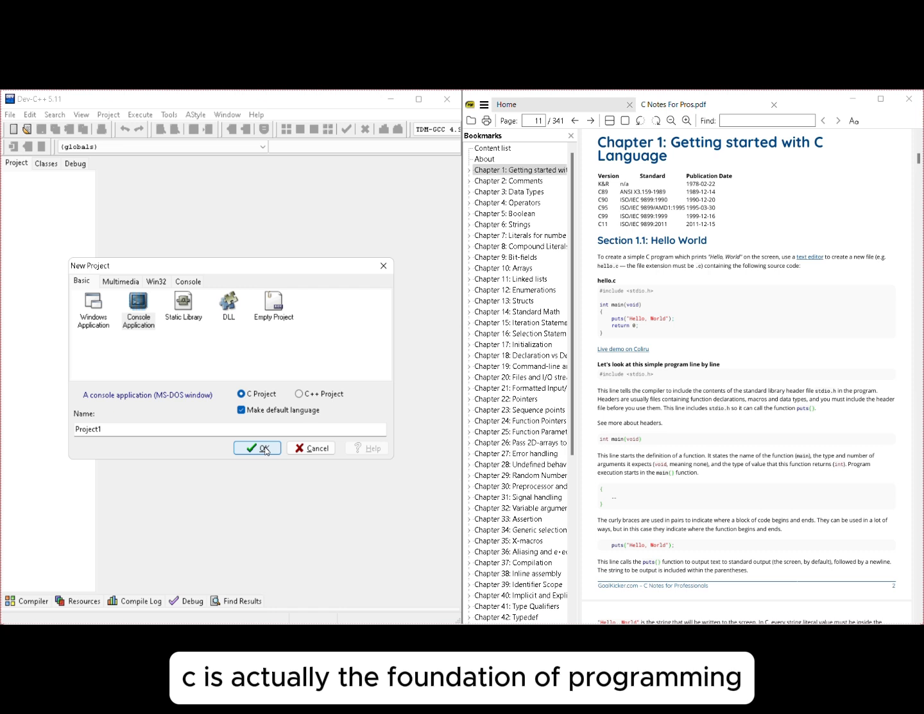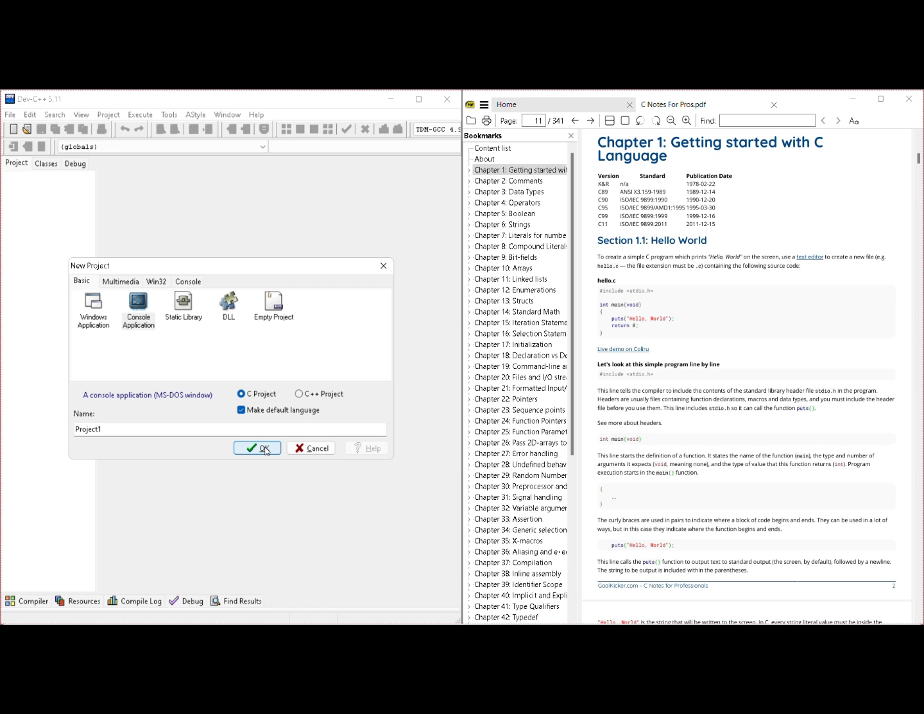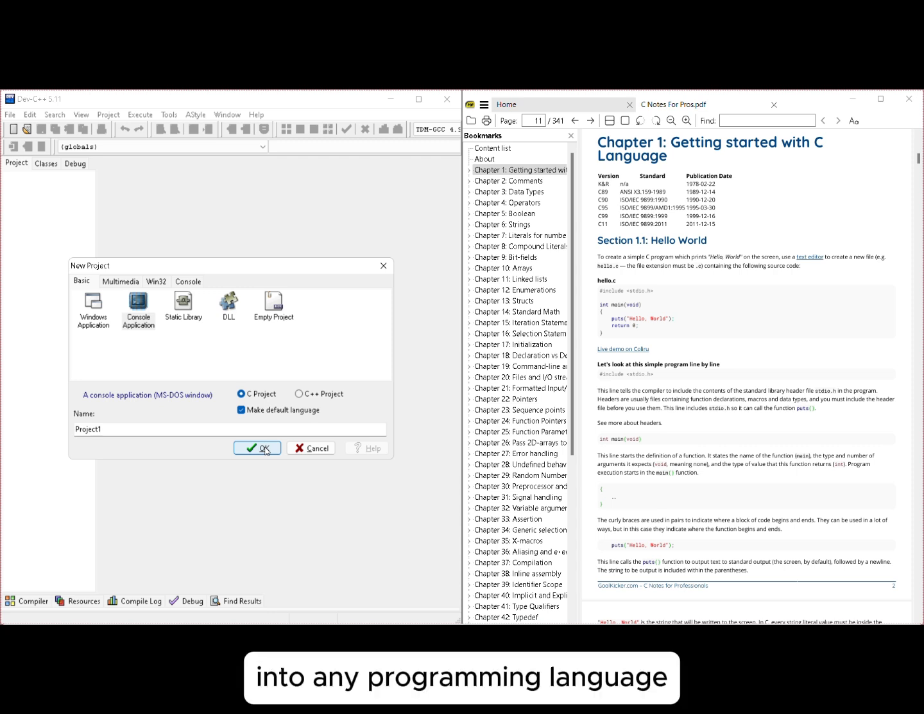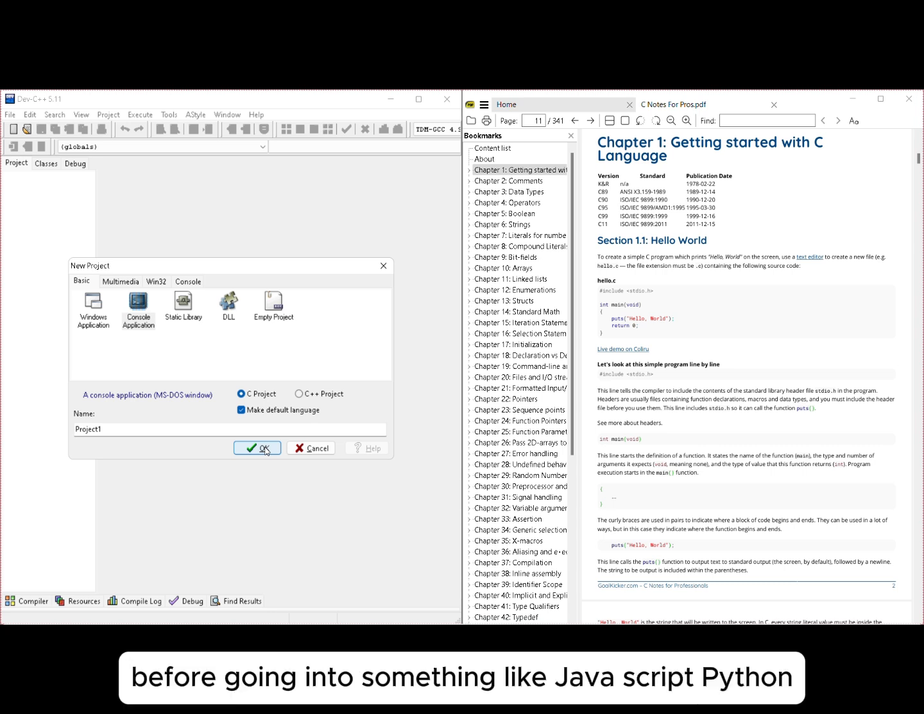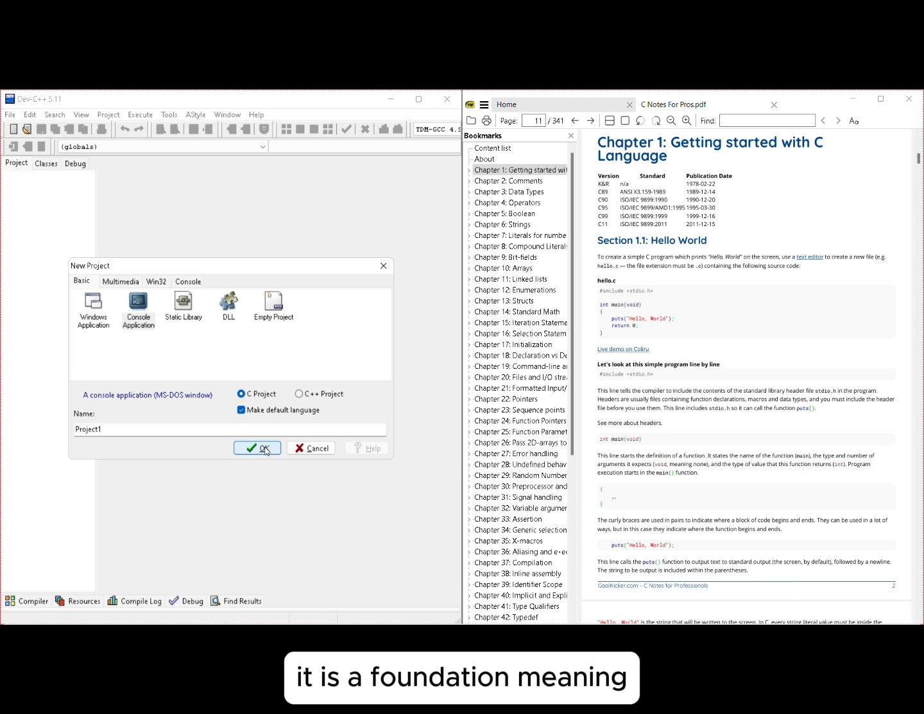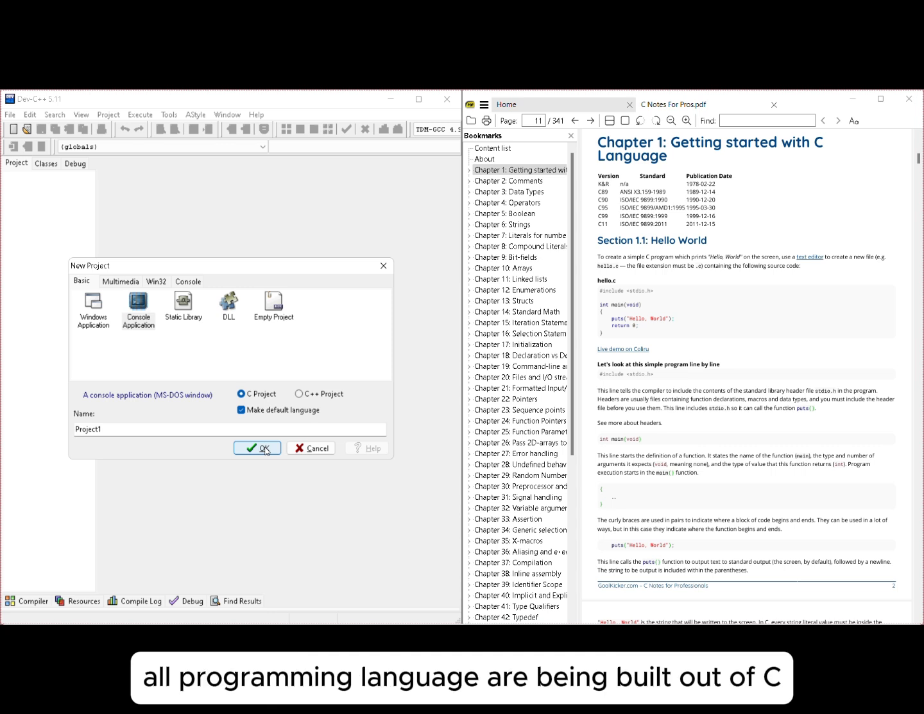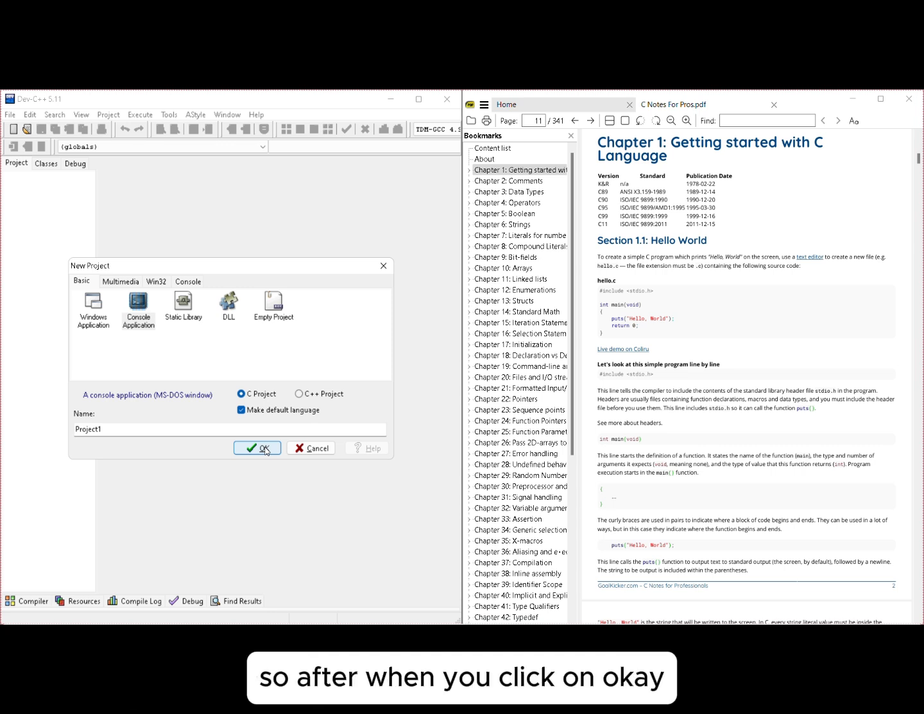C is actually the foundation of programming. Every programming language is generated out of C programming. So before you venture into any programming language, I prefer you start with C first before going into something like JavaScript or Python, because when you start with C, it is a foundation, meaning all programming languages are built out of C. So after you click on OK,